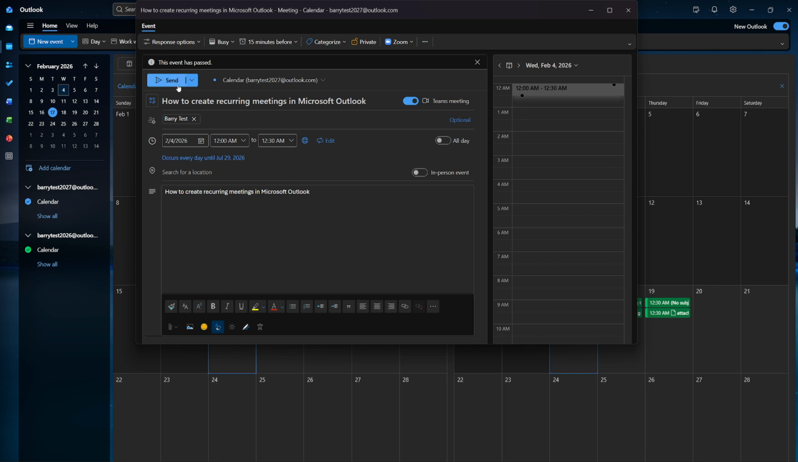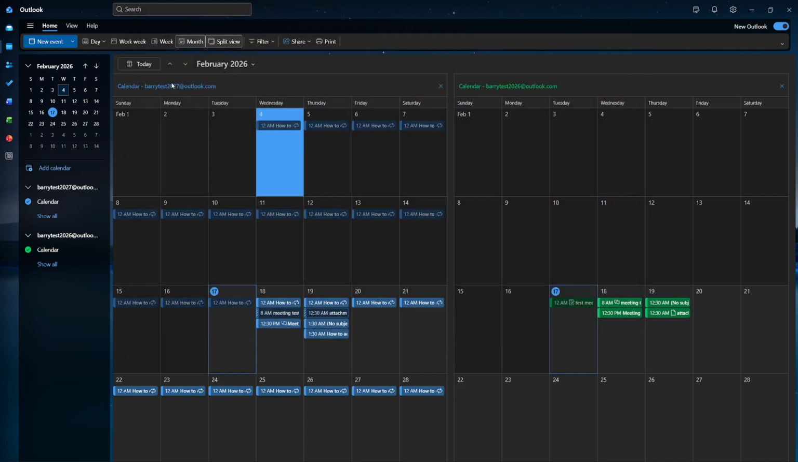Choose the start date, then decide when the series should end. You can set an end date or limit it to a specific number of occurrences. If you're unsure, it's often safer to choose an end date so the series doesn't continue indefinitely. Remember, you can always adjust these settings later. Click OK to apply the recurrence. If you're creating a meeting, add your attendees in the To field so they